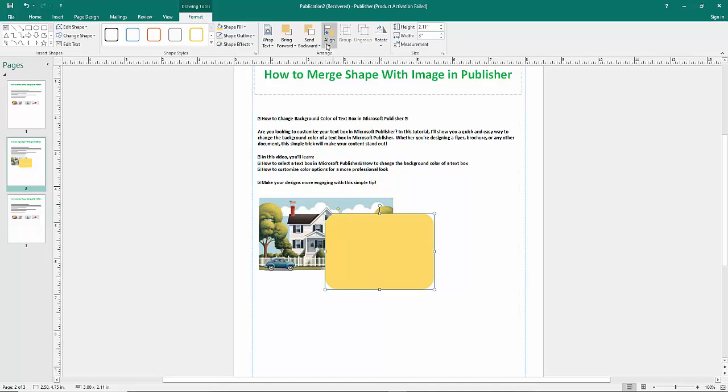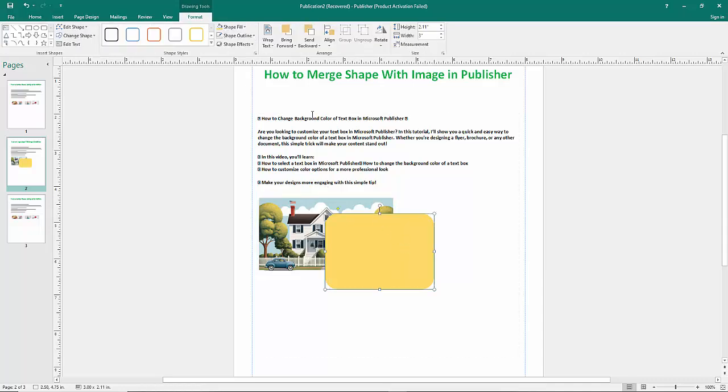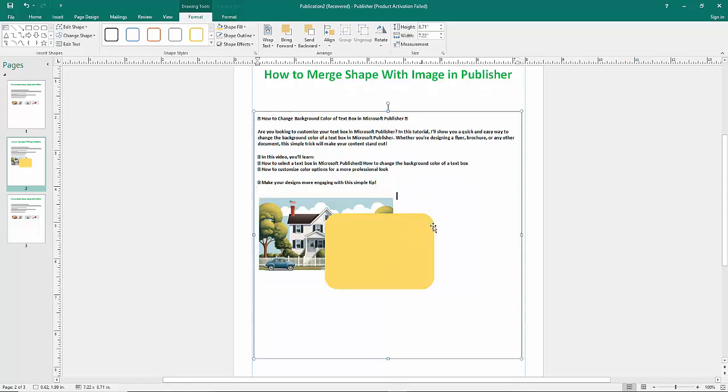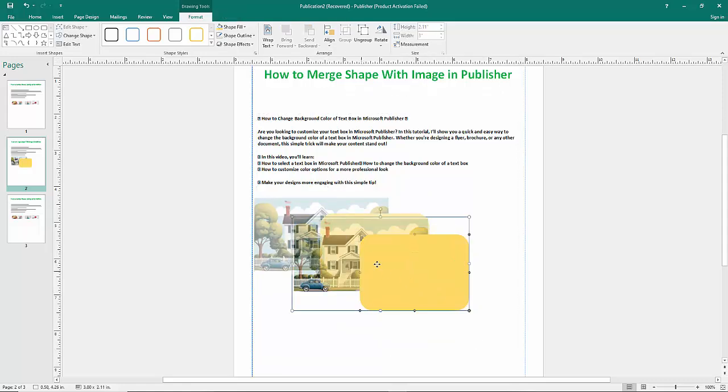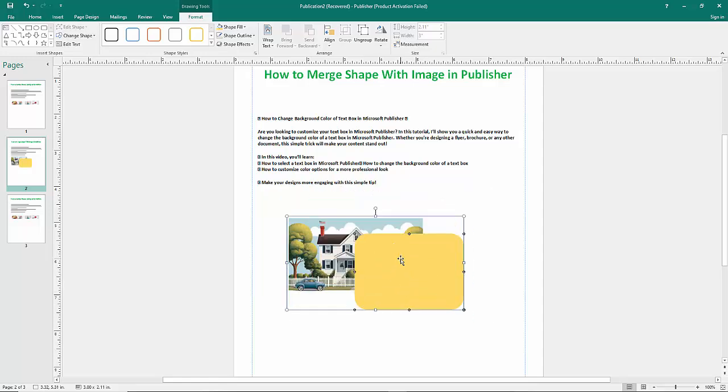Now go to the Align option, and now click the Group option. That's it. Then move the shape and image to any place. That's it. Then we can see how to merge shape with image in a Publisher document very